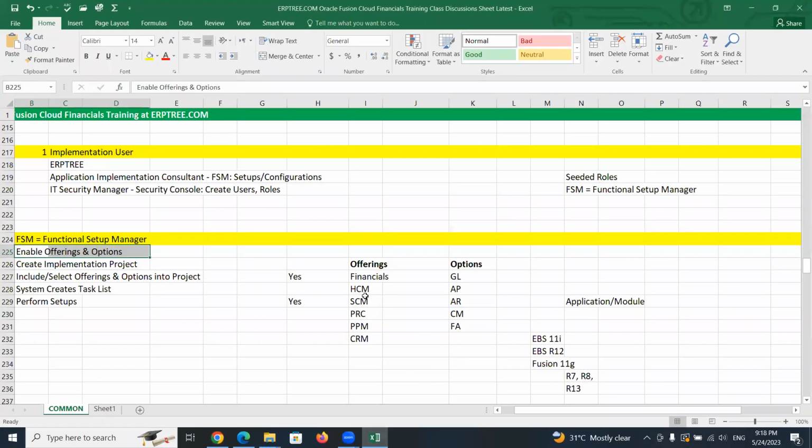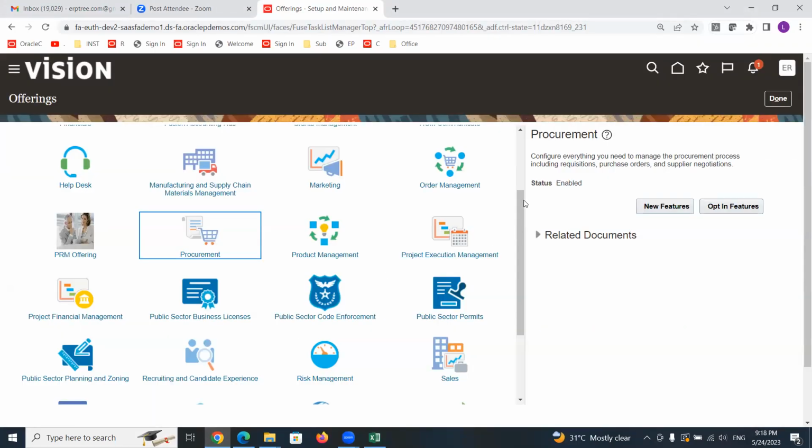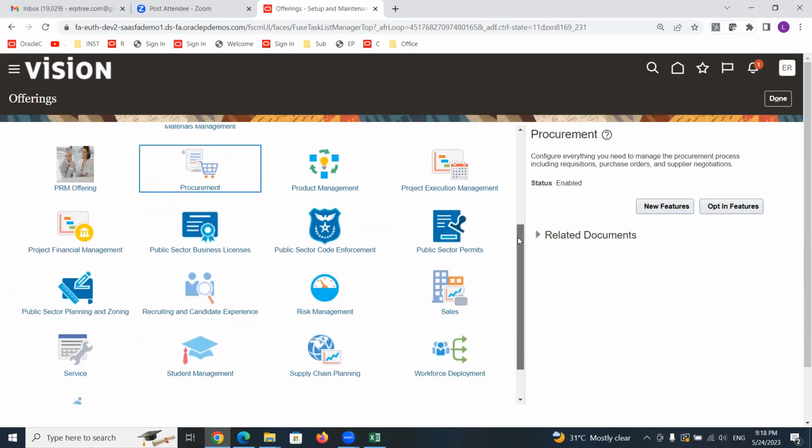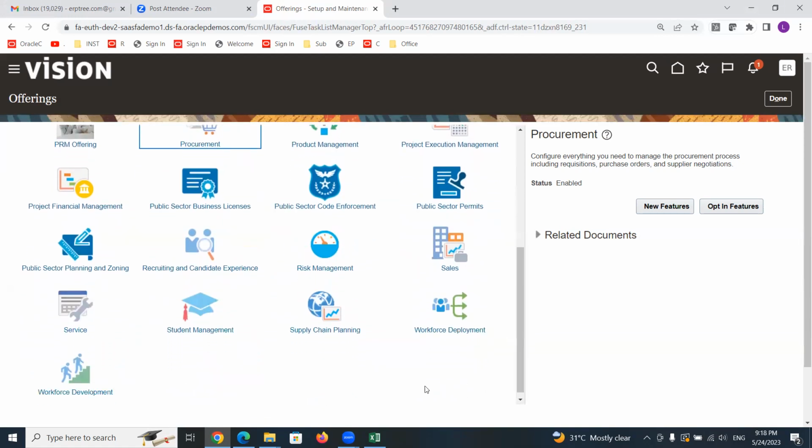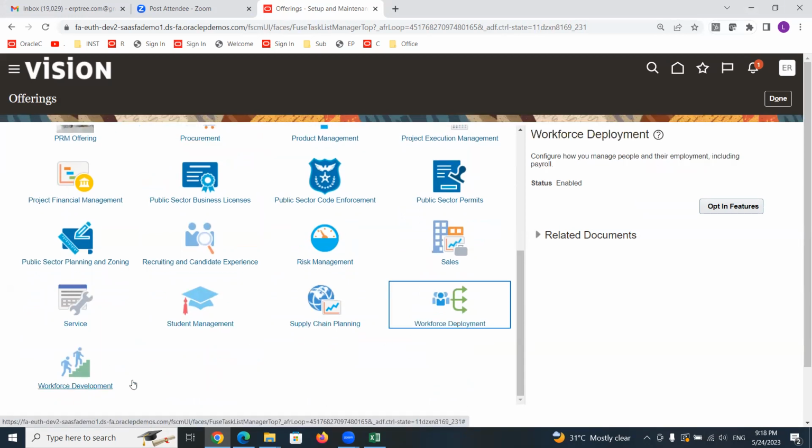If you are going to implement HCM, human capital management, they gave two sub options. You have to enable workforce deployment and workforce development. These two put together, you can say that is HCM.